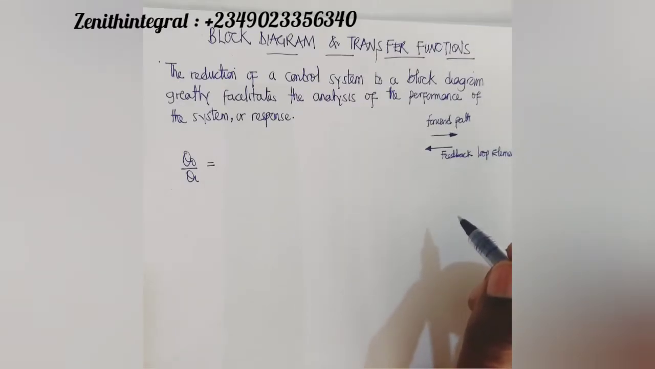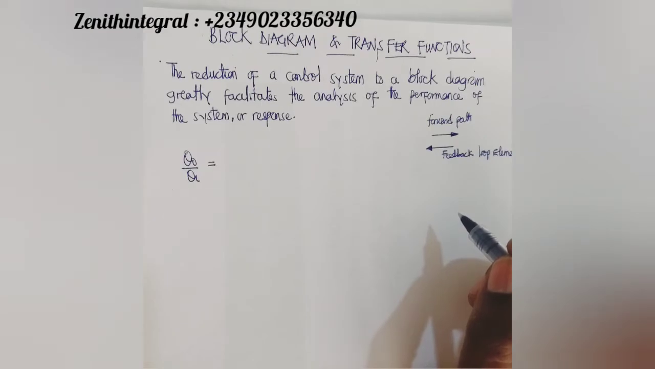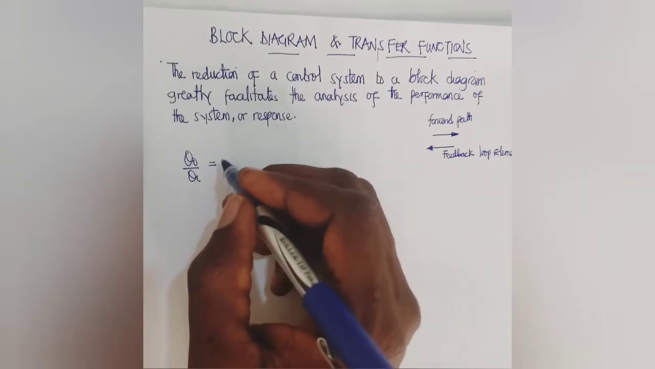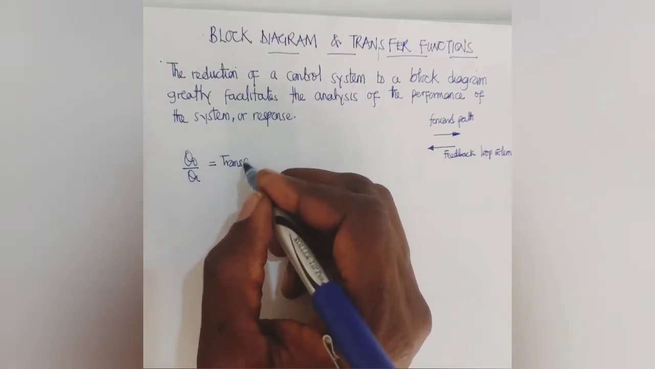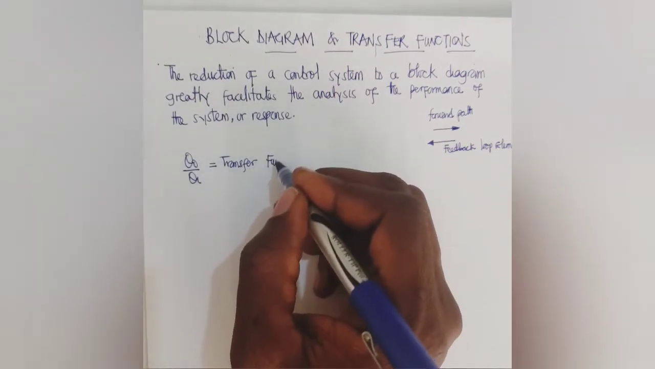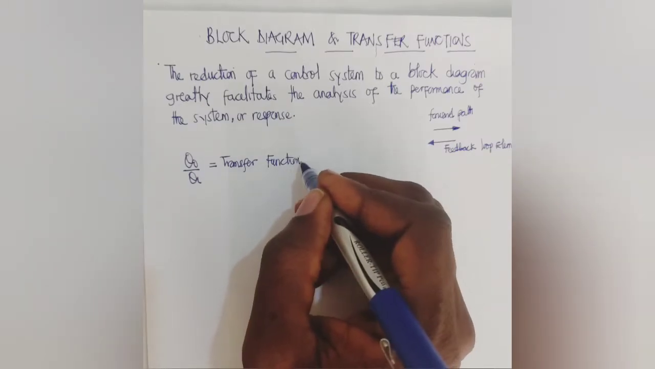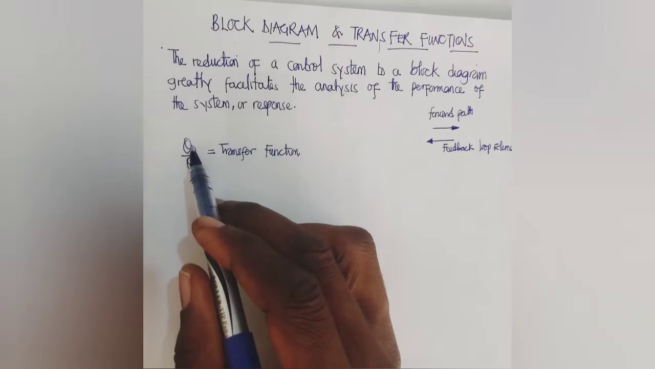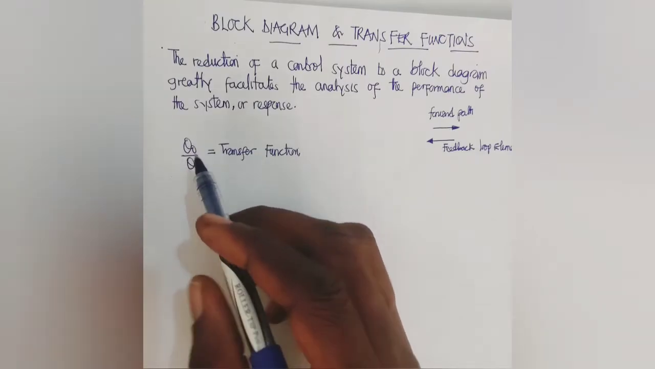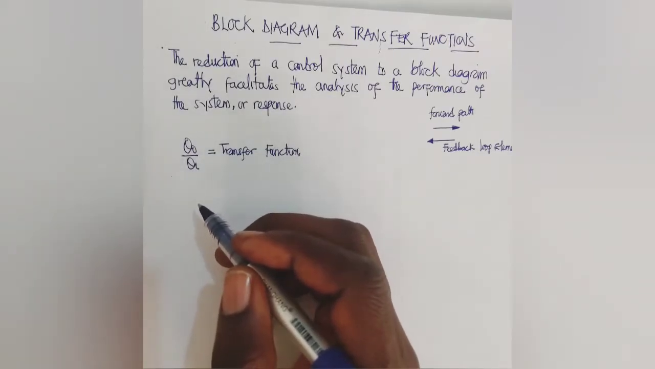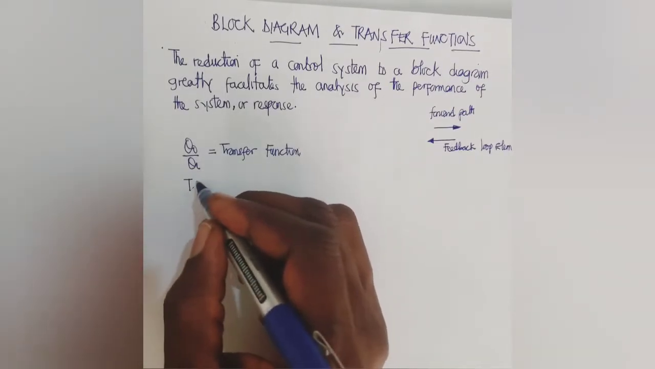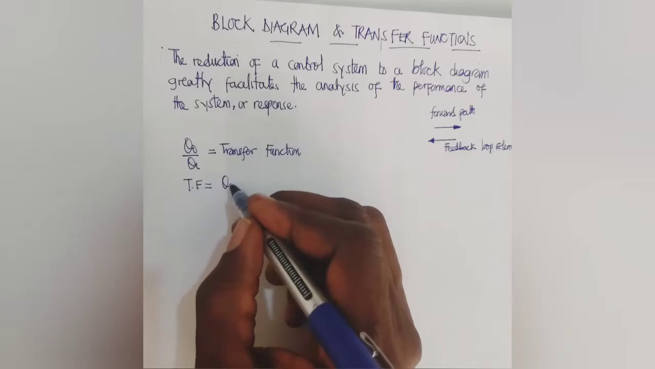Now, the transfer function of any element is the ratio of its output signal over its input signal. That is, output signal over input signal is equal to our transfer function. And this transfer function, which is equal to output signal over input signal, can as well be expressed in some other forms, which include